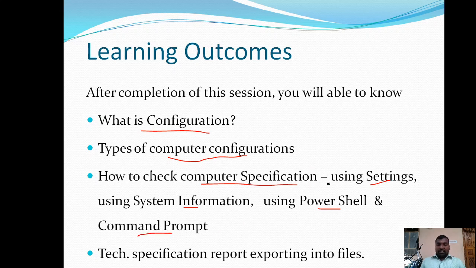So all these are the four ways I am going to explain, how to find your system specification.